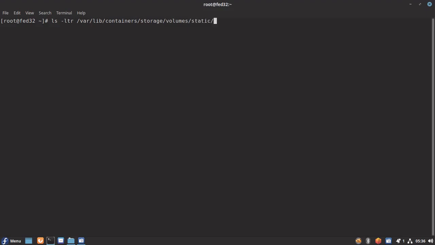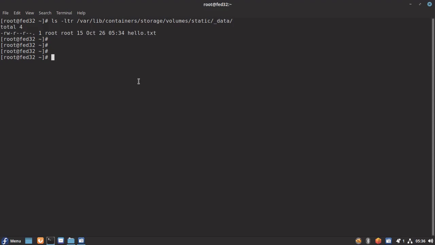This is the volume name that we created, and under this we will have a data folder. In this we should have the hello.txt that we created. Okay, as you can see, this file is available, persistent data. So we are good. We can consider our persistent data is still there even when the container is destroyed.